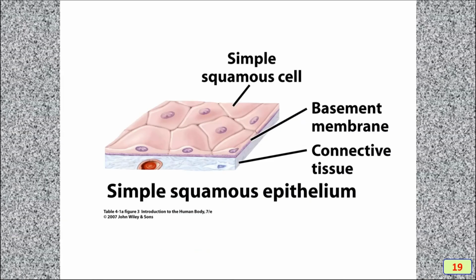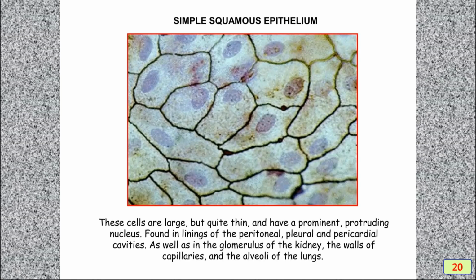Then simple squamous epithelial cell. Squamous cells always have basement membranes containing the connective tissue, and also simple squamous cells. Even though they look like complex cells, we can classify them under the category of simple squamous cells or the epithelial cell. Here the cells are large but quite thin in nature and have a prominent protruding nuclei, and are formed in the lining of the peritoneal cavity, and also